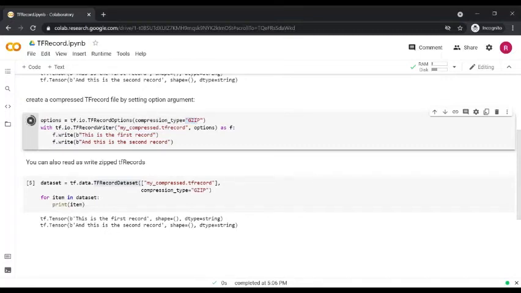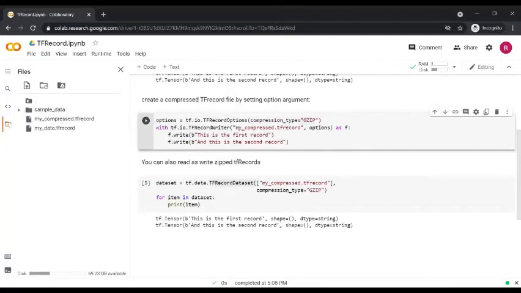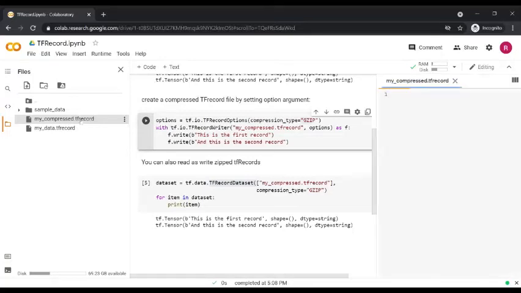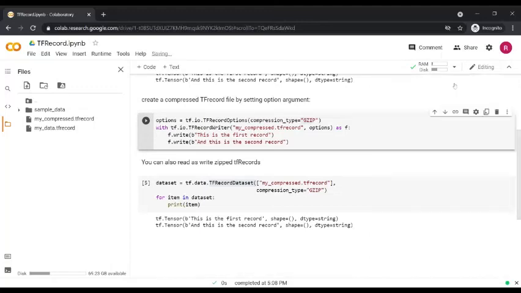When I execute this line, you can see the file mycompressed.tfrecord being created. And when I double click and open this particular file, all the data in the compressed file is stored in the binary format,